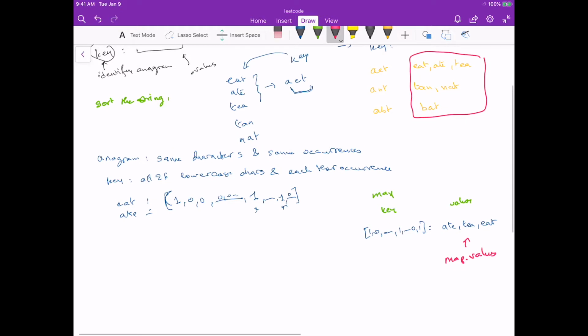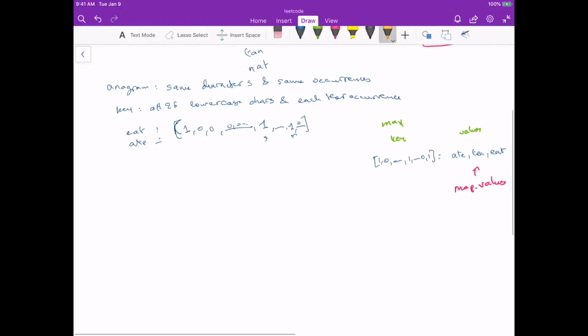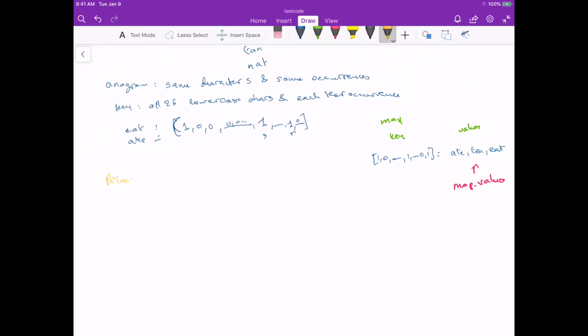So these are all different ways of converting the strings into a canonical representation, such that each string that is an anagram of another has the same key. Another way to do this is using prime numbers. Basically, what we are going to take advantage of here is the fundamental theorem of arithmetic, which says that